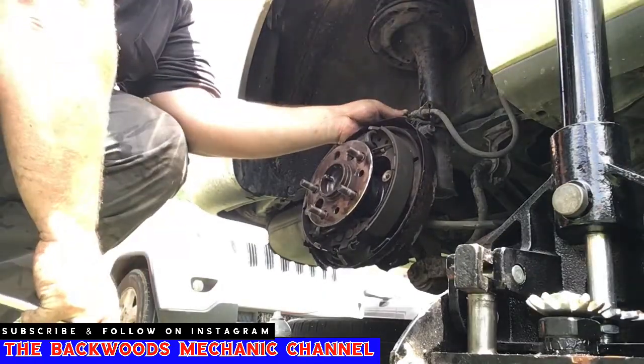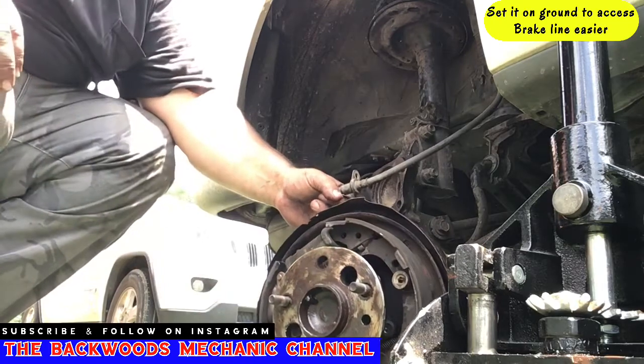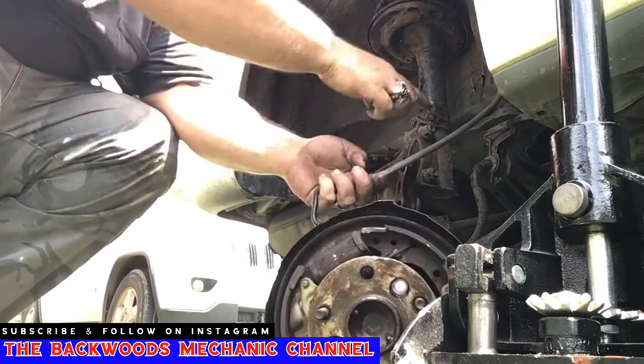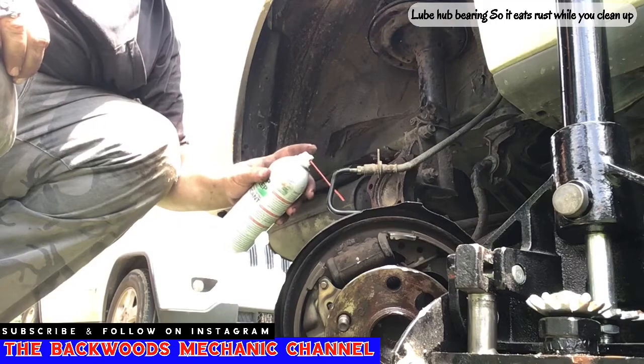Hold on to your brake line there. Get it loose, just pull it out. You should have enough room to set the entire assembly right here on the ground. This is without having to actually do anything to these brake hoses. Just make sure the hose stays nice and straight, that it's not getting kinked up. You can proceed to go ahead, lube up the back half of the hub assembly, and we'll go ahead and